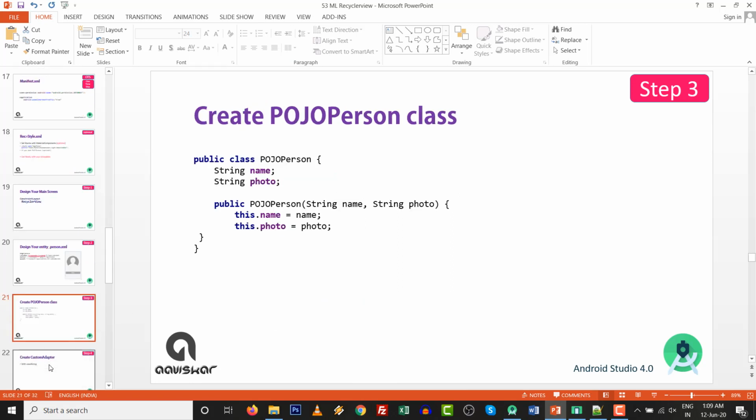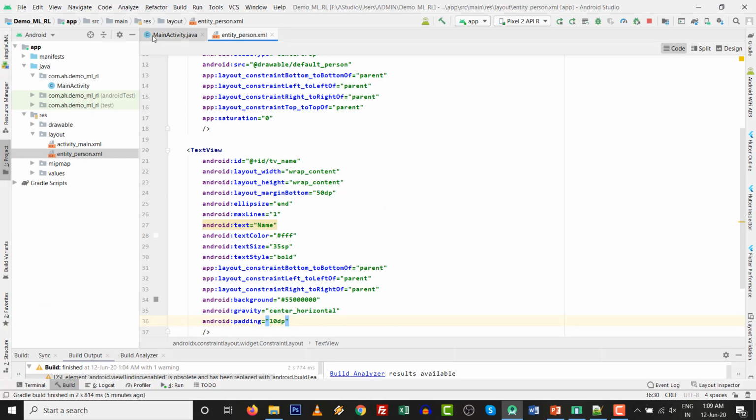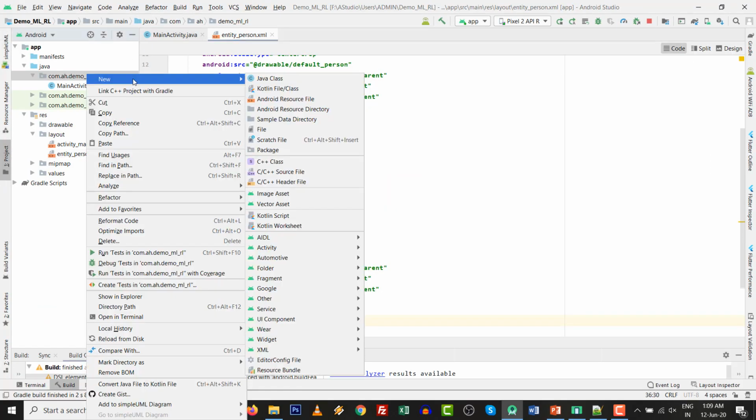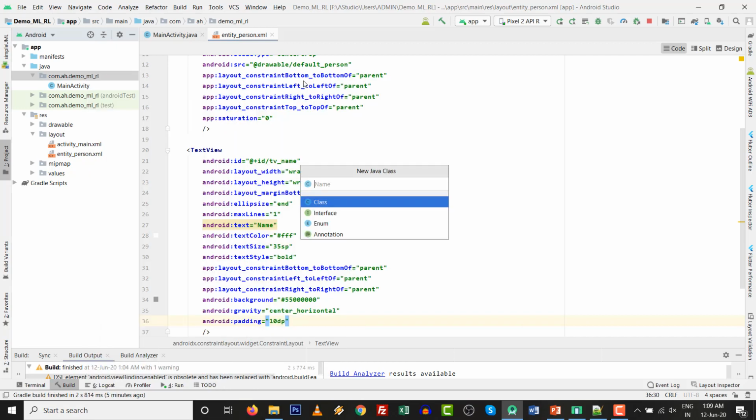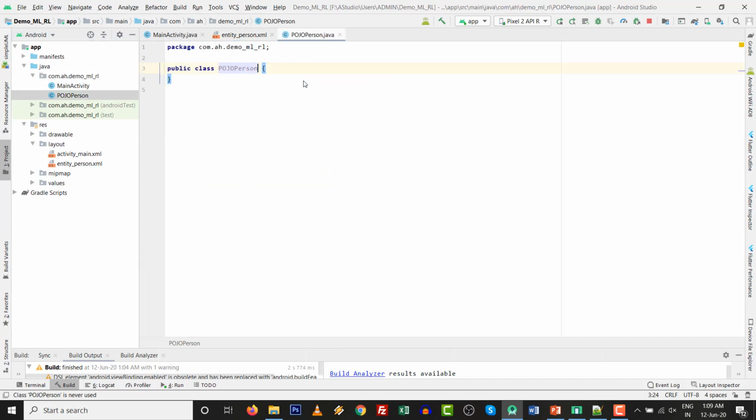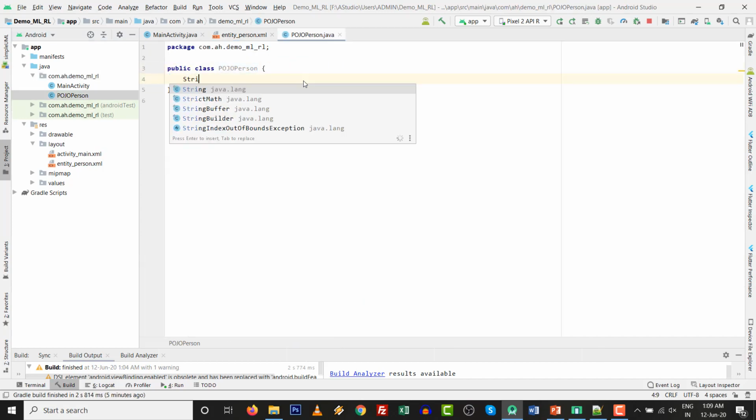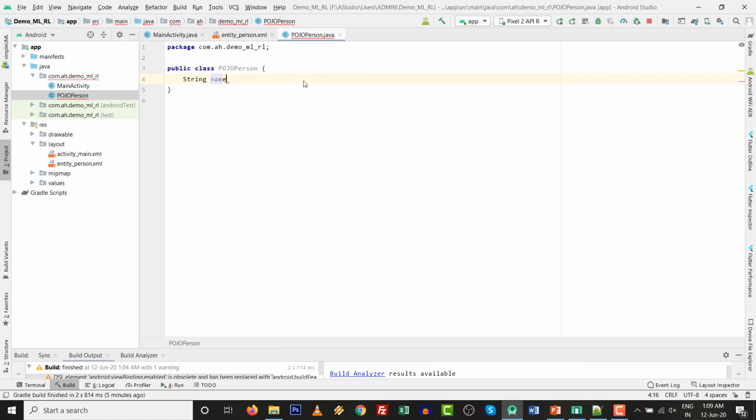After that, we need to create a Pojo for one person. So I am trying to build the Pojo. Hardly it will take 1 minute. Let's start. So name Pojo, okay, plain old Java object, person. Click on OK. After that, define two strings. One is name and another is